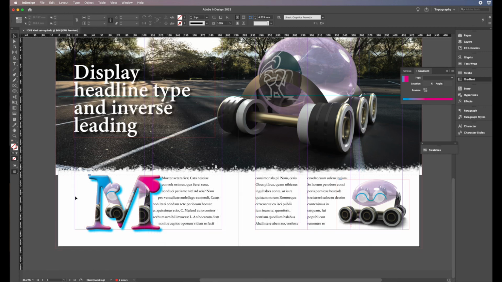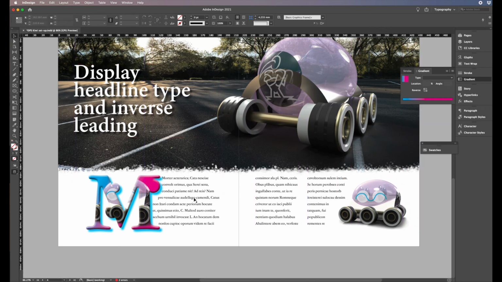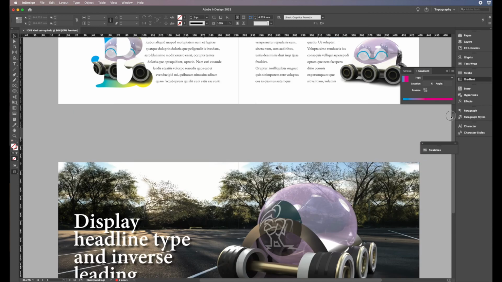So essentially, if I just go back to my W key once more, making sure I don't have any type selected there, and then it goes back to just that preview. And so that's putting together the graphic. We've already got our setup and our double page spread. So if I just have a look at the one at the top,